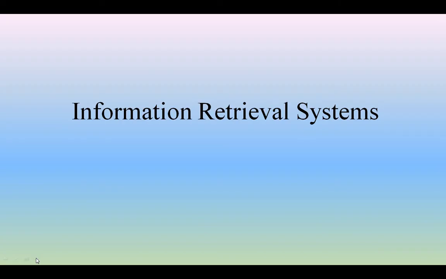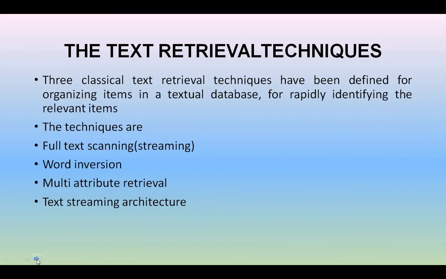In today's session, we are going to discuss the fifth unit of the information retrieval system, that is software text search algorithms. So, what are the introduction parts of the software text search algorithms? Now we are going to see here. Let us see the text retrieval techniques in the information retrieval systems. There are so many, so we will list out the various kinds of the techniques here.